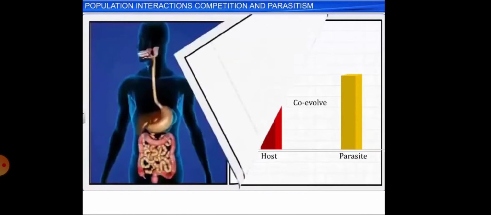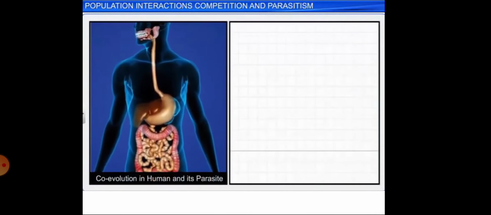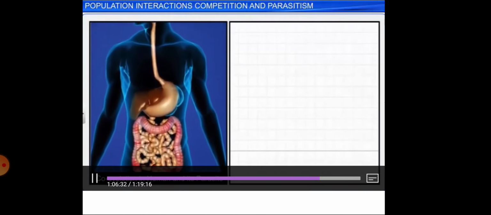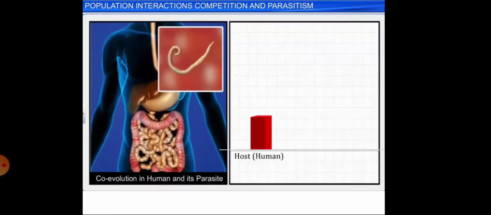For instance, secretions from the human digestive system help to kill parasites that enter it, while the parasites adapt themselves to resist